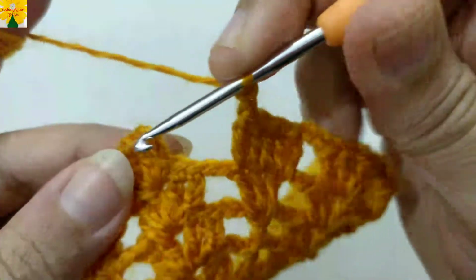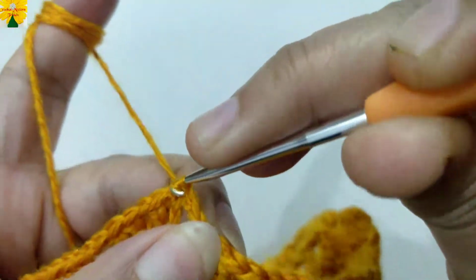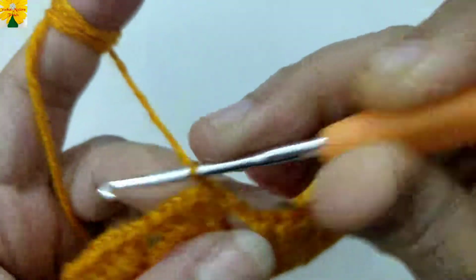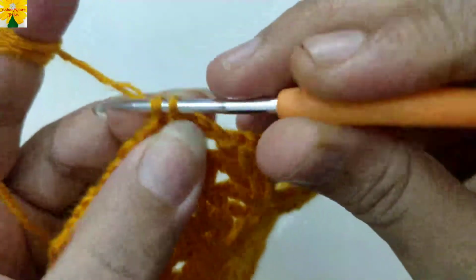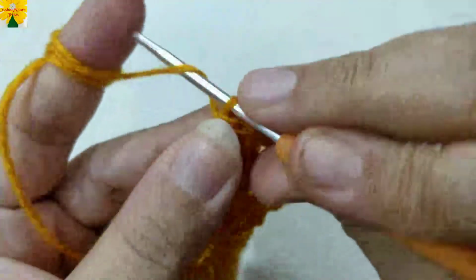When this round is complete, we have to make chain 2. Now we have to join the stitches on the top of the fourth stitch. So insert the hook and pull through 2. On the top of the next stitch, single crochet 1 into the chain space of 1, single crochet 1, chain